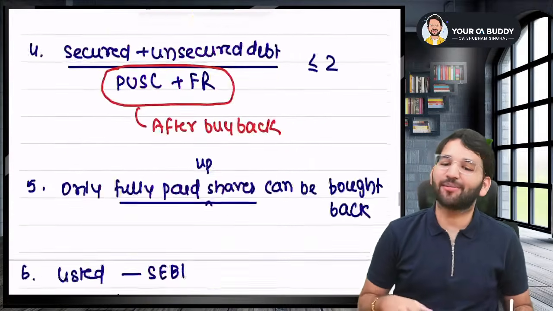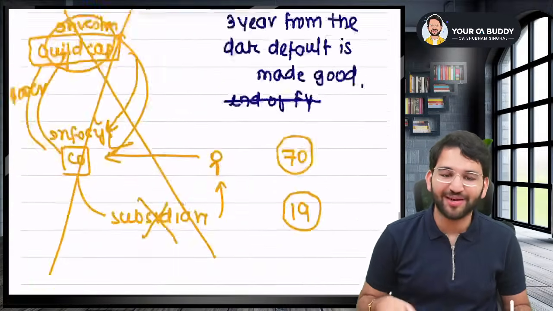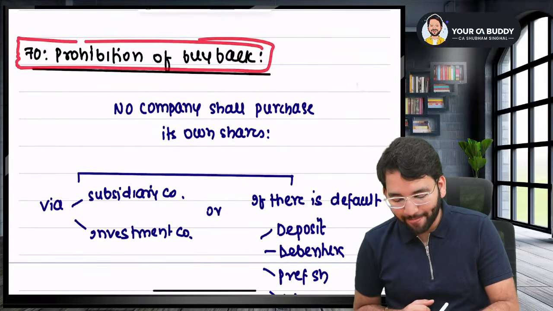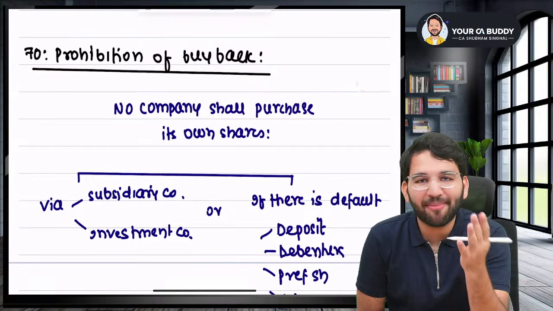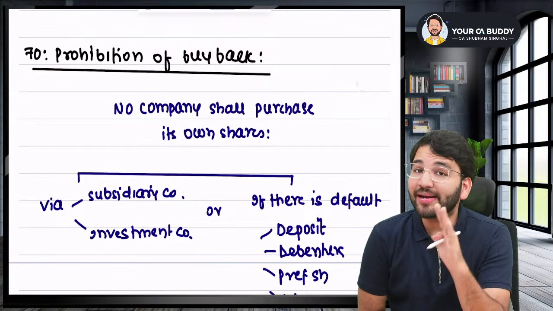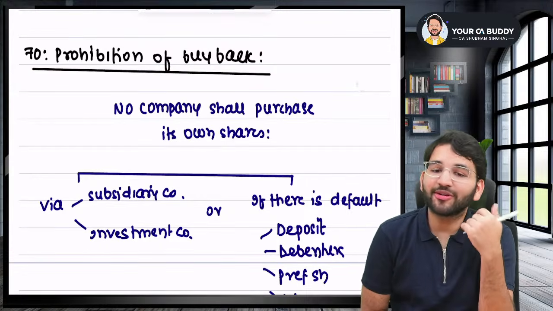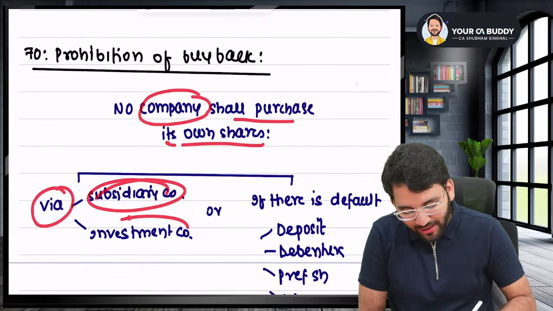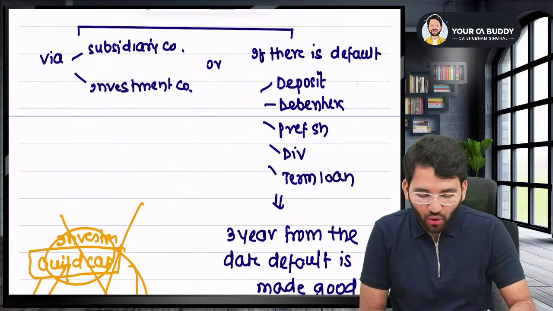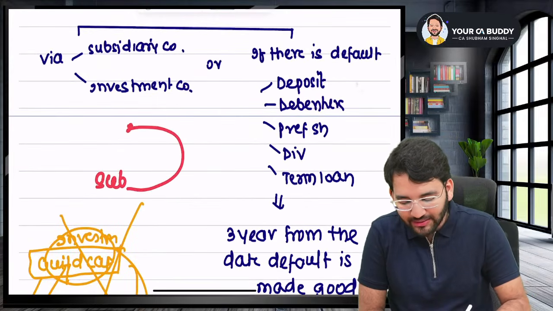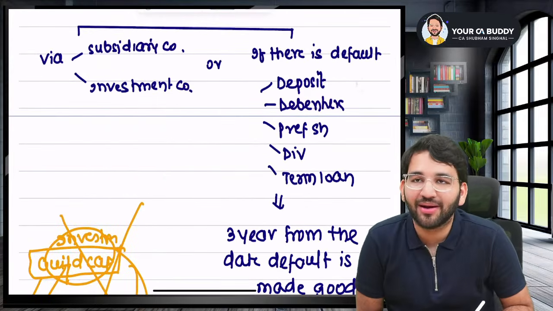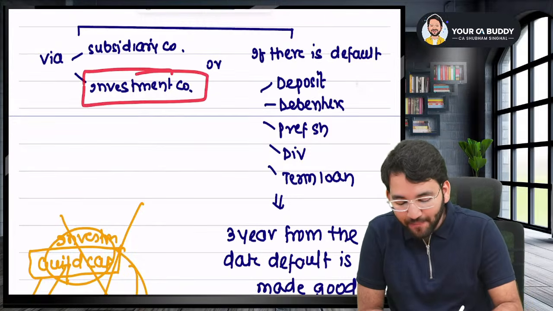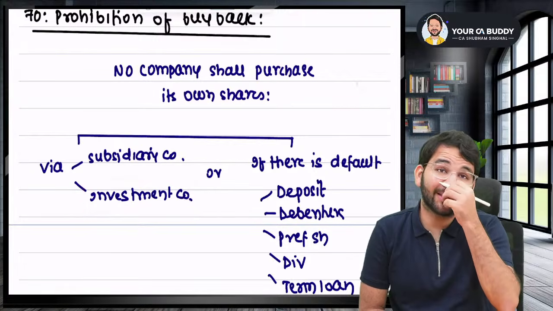After that, coming to section number 70, not a very important provision. But what is 70, sir? 70 talks about prohibition on buyback. Sir, directly, if you are doing buyback, we are okay with it. But indirectly, don't try to be oversmart. Oversmart as in, no company shall purchase its own shares via its subsidiary company or investment company. You don't go to your subsidiary company and ask them to purchase your holding company shares. No, sir. Don't do buyback indirectly. Or don't give money to an investment company to purchase your own shares. No, sir. This is indirect purchase.